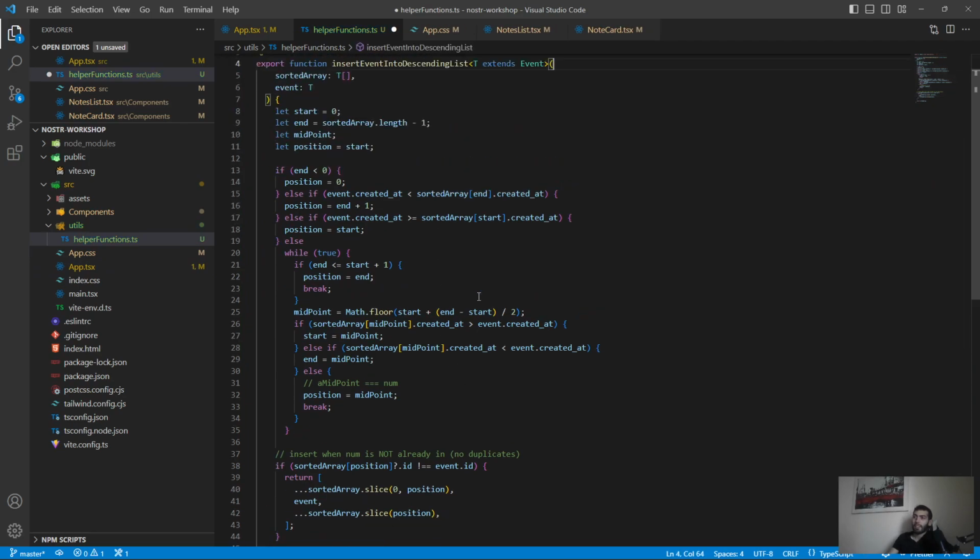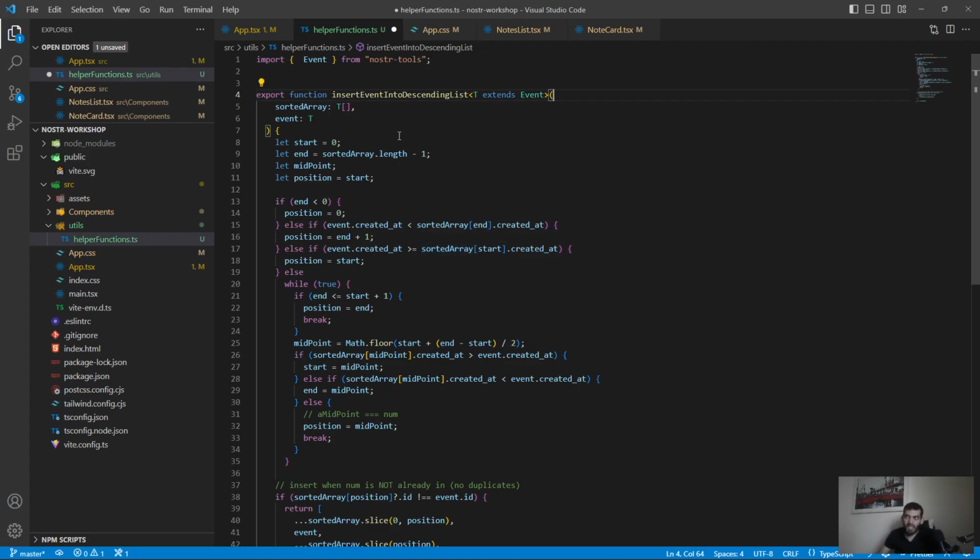This function looks scary, I know, but you don't really need to know what it's doing. Basically it's using binary search, an algorithm for searching for an element in a sorted list. The normal default way is to move one element at a time and check whether it is the element you are looking for, but this is not very performant because the complexity is O(n), or linear. So a better way would be to use binary search, which instead of going one item linearly,